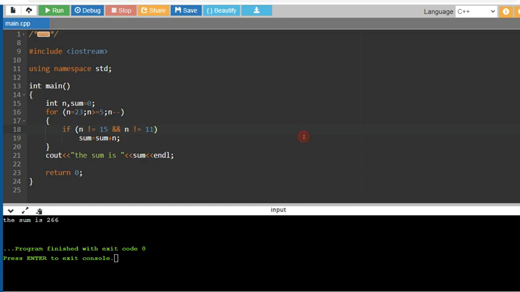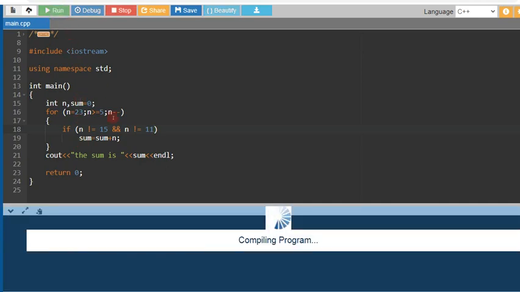It won't find the sum of 15 as well as 11. So check what the result is. Previously the result was 255 excluding 11. Now 15 will also come out from there. So 255 minus 15, how much will it be? 240. So let's check how much result we are getting.